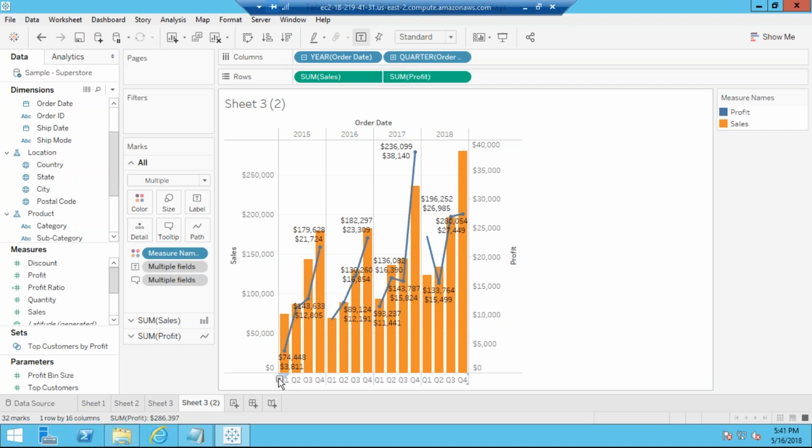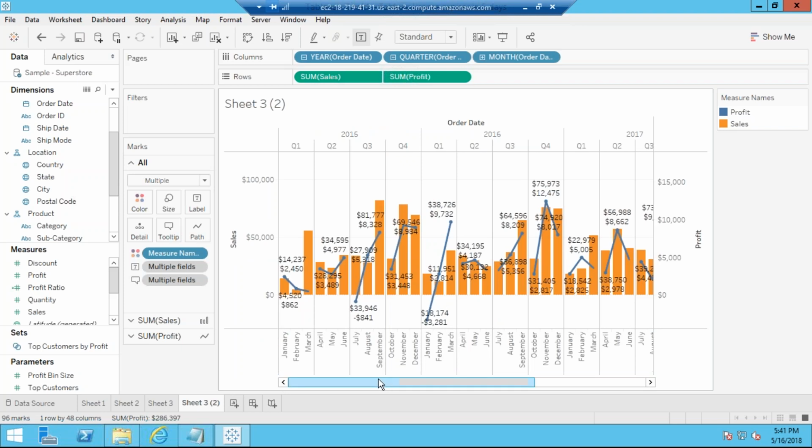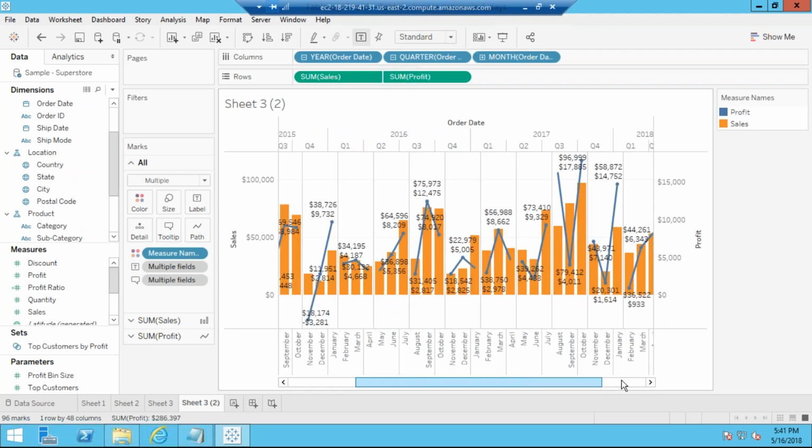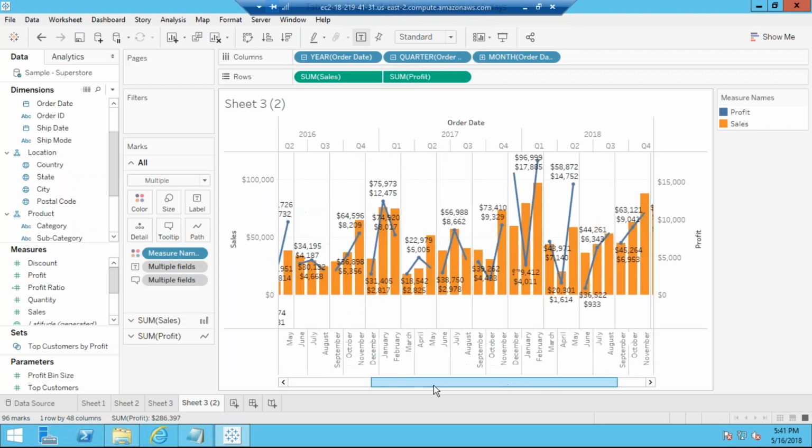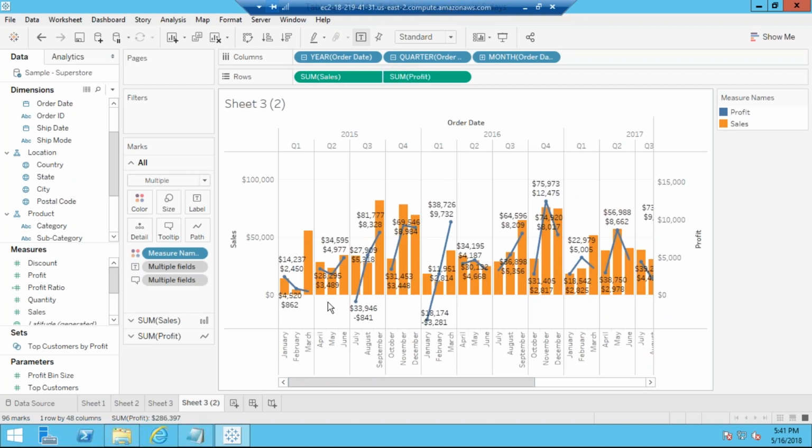This is one of the best functionalities in Tableau which you will not get anywhere else, and people like it a lot. Here you are up to the month level. So you are seeing the sales and profit by year, quarter and month. Automatically it is added here. Again, if you come down here, you will see this plus icon again. This tells you that you can move from months to days or weeks, the level of hierarchy.